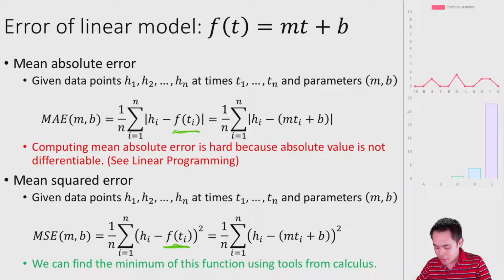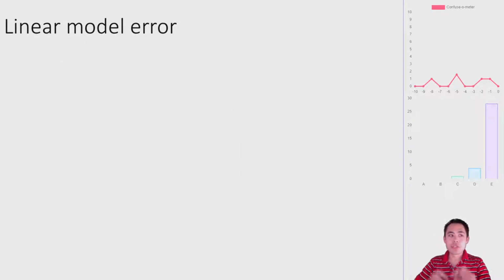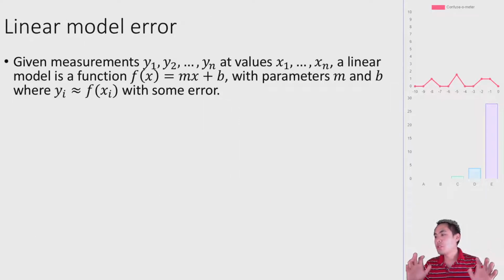So let's go back to where we were. We found the best fit line, and it turns out that this procedure works in general. If we have a linear model, I'm going to switch to using x's and y's, because that's a little more standard than h's and t's for height and time. So you have some function f of x equal to mx plus b,